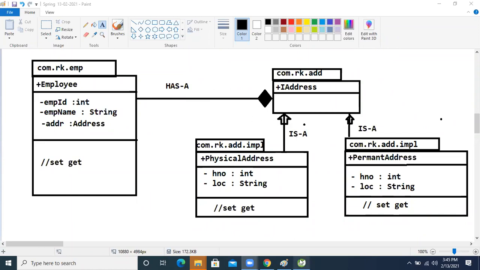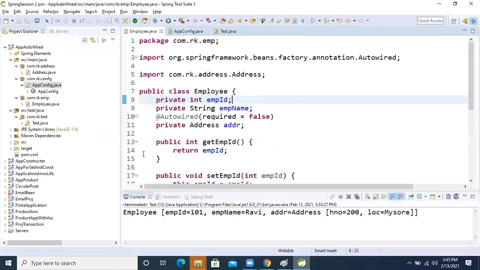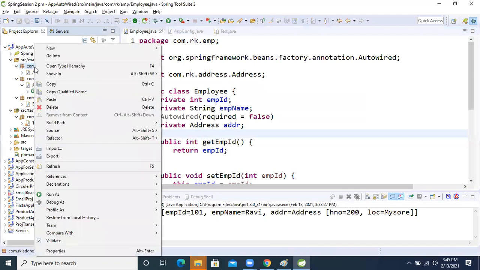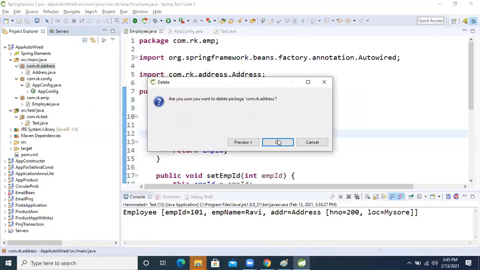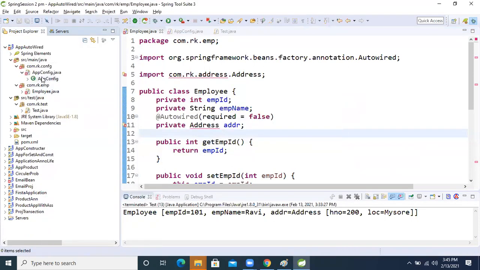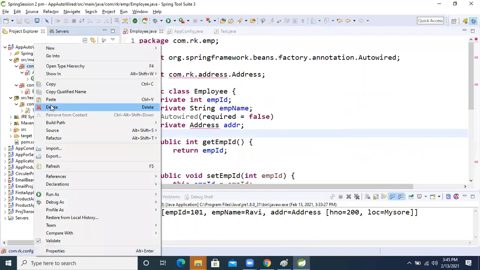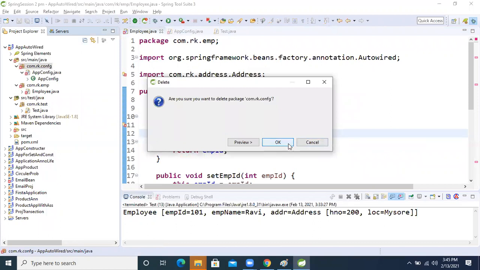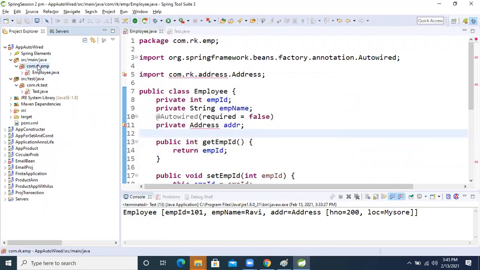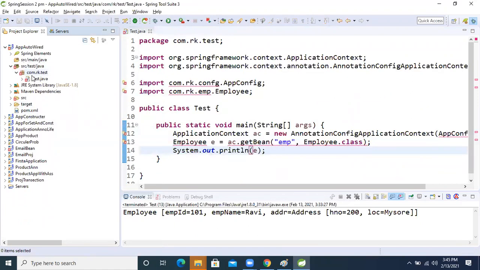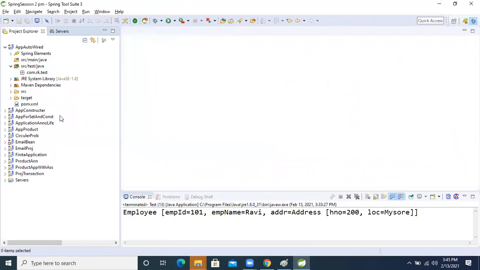In the previous session, the previous project, we already took address. So I'm going to create those things in the same project. I'm not going to create one more project. So let's delete all those things. I will develop all of them in front of you, but I'm not going to put the dependency again here. I deleted each and everything.